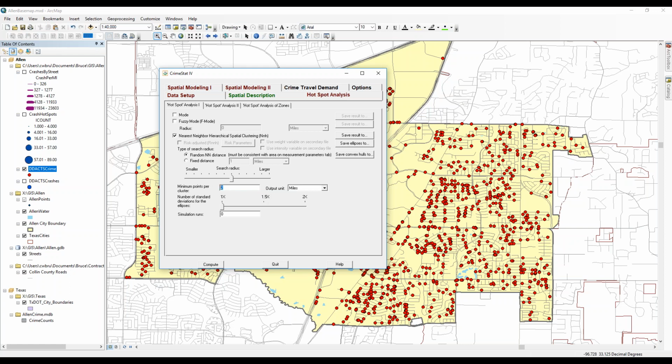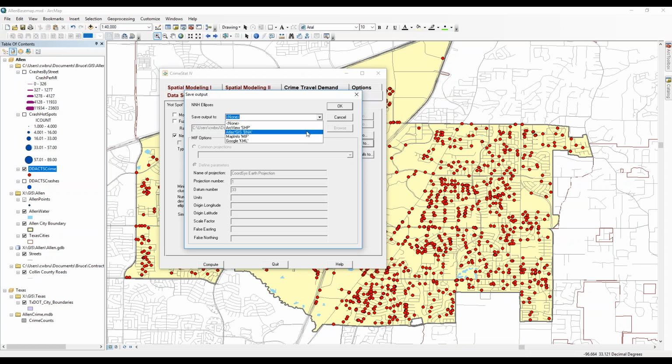Now, the problem with the random distance, even though it is based on statistical probability, is the more dots you have on the map, the smaller the distance has to be between them before the routine will consider them statistically significant. So even if I increase the ellipse size to 2 standard deviations, when I go to save my result,